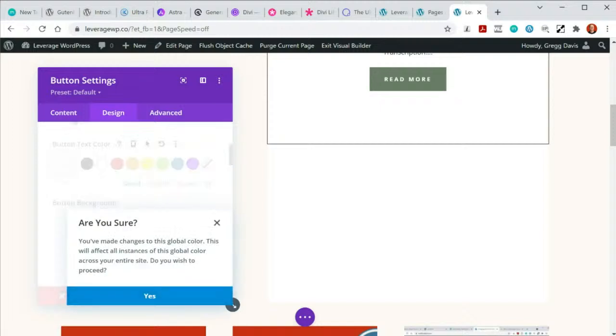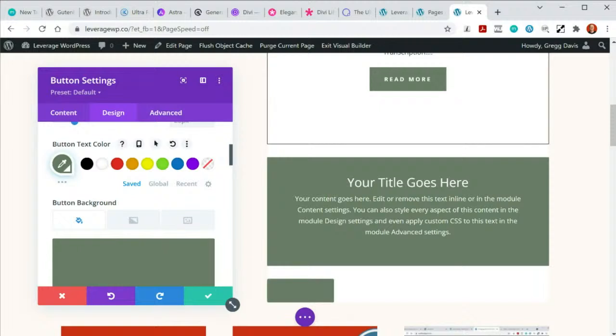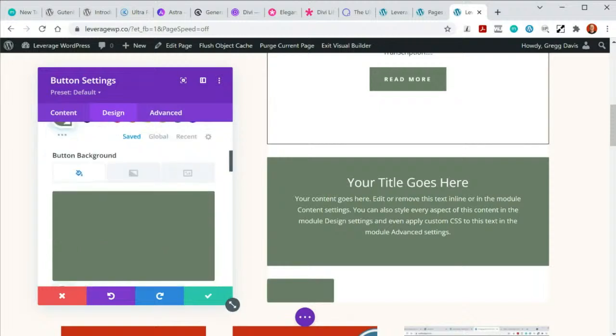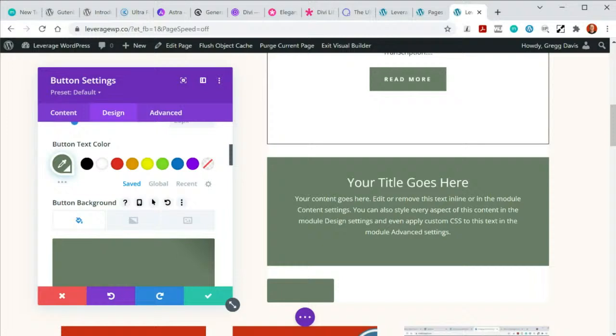So now I've made changes to a global color. This will affect all instances of this global color across the entire site. And so that's what I really wanted to show you. What I wanted to show you was that if I go, say I go